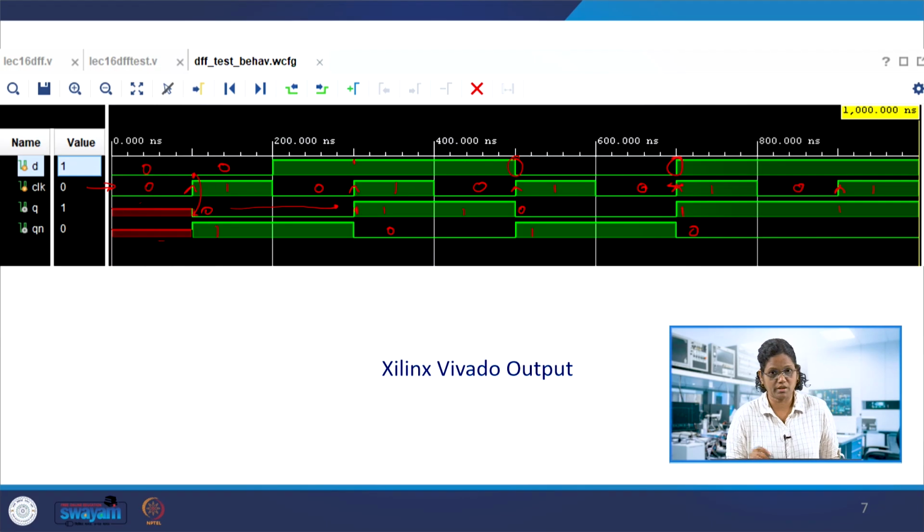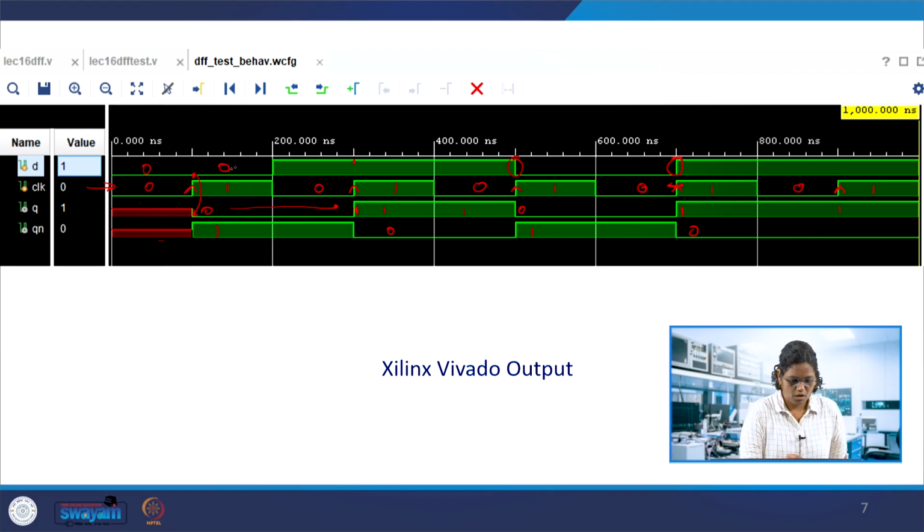So there is a setup time and hold time involved, meaning that at the clock edge the data will not be changing. There is a window before the clock edge in which the data will not be changed. After the clock has become 1, the data should not be changed again for a smaller window. That is the hold time, and the previous one is the setup time. Setup time and hold time violations, and the delays, we deal with separately.